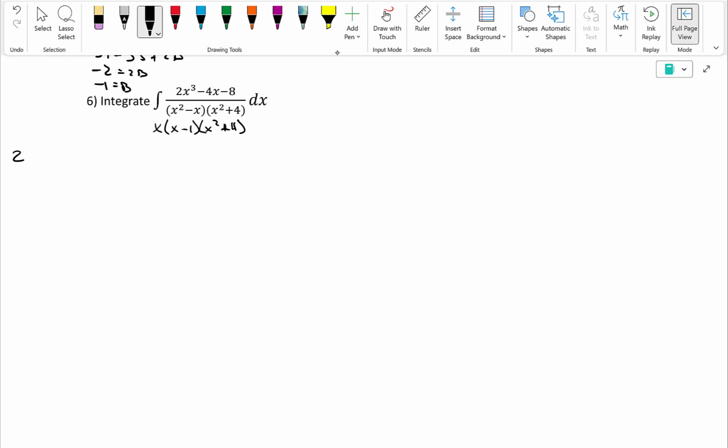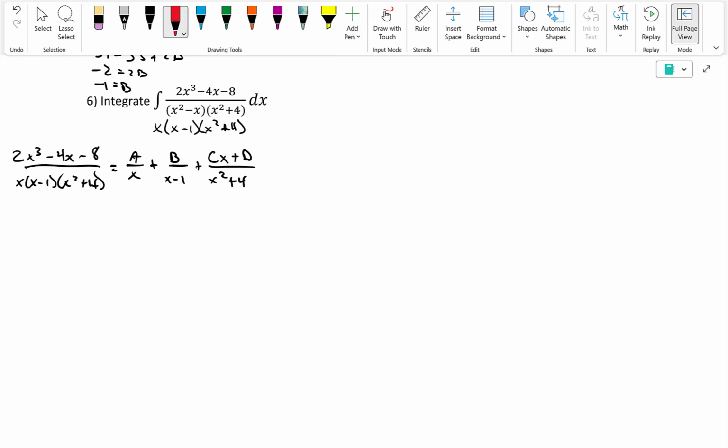So to do our decomp over here, 2x cubed minus 4x minus 8 over x times x minus 1 times x squared plus 4 is going to be equal to A over x plus B over x minus 1 plus, since we've got that quadratic denominator, we need a linear numerator, so Cx plus D over x squared plus 4. And then everything else works the same way. We multiply by our LCD to clear out all the denominators, and then get a nice equation to work with,